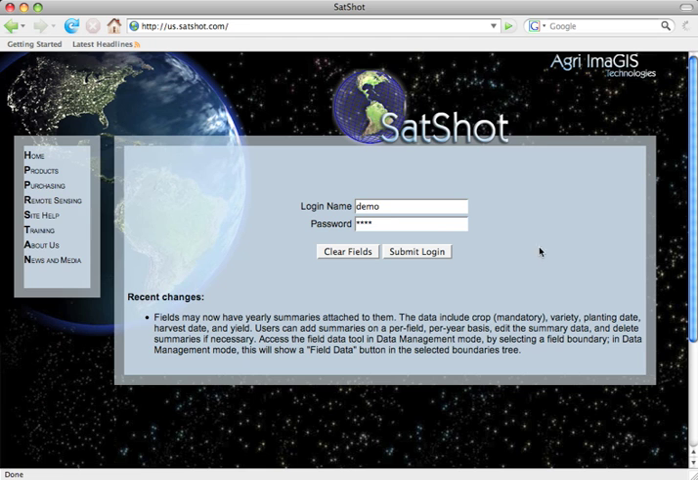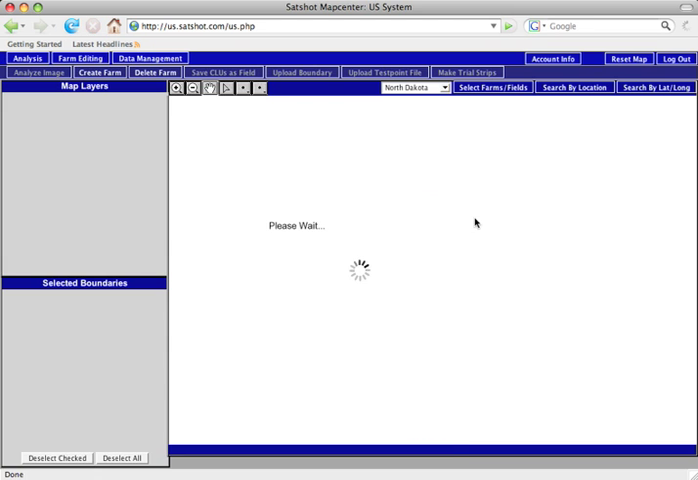Under a pre-designated username and password I have. If you would be wanting to get a password, just get a hold of us through email or calling, and we can set you up with one, or as an agronomist too. There's a couple different ways to set up a login and password. Submit that login,